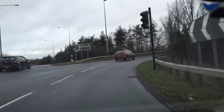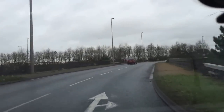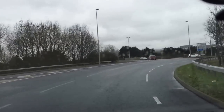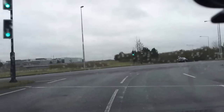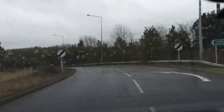So just following it round. That's it. And as it goes round, it's going to lead to the middle. So you're checking your left shoulder, left mirrors, bring yourself across, mirror signal to come off, bring yourself across again, checking your shoulder, and then accelerating to go down the acceleration lane again, building your speed back up to get